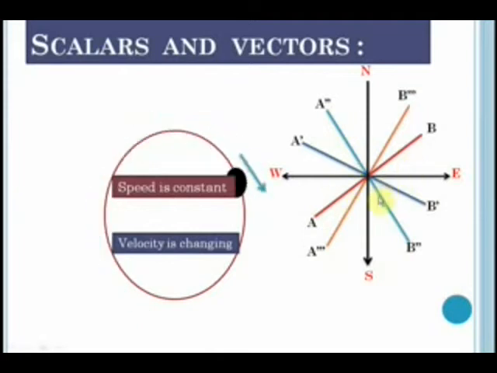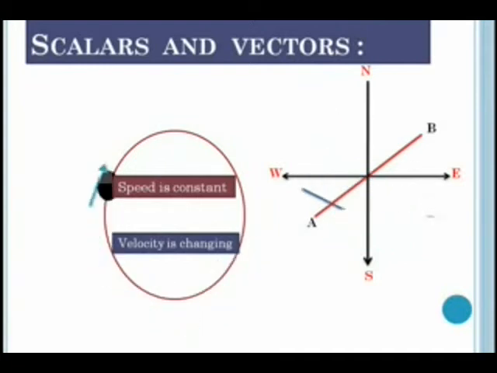Similarly, let's consider this example. Let us say that a boy traverses a distance of 5 kilometers. Now this 5 kilometer distance could be in any of the directions. It could be along this line AB, it could be along this line, or it could be along this line. So when we say a boy covers a distance of 5 kilometers, then we only know its magnitude. We do not know the direction or the path that the boy has followed. If I say that the boy covers a distance of 5 kilometers along the direction AB or along the northeast direction, so we clearly see that this is the path followed by the boy. So this boy has covered a distance of 5 kilometers along the direction of AB.